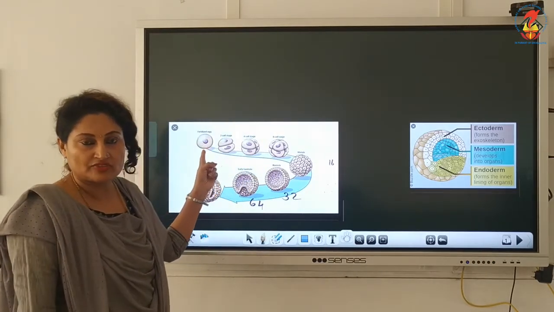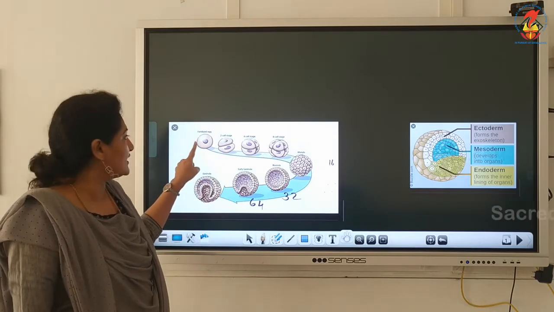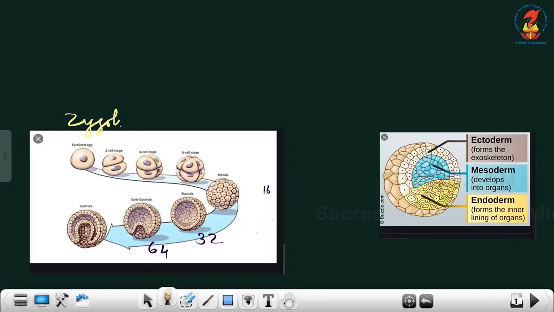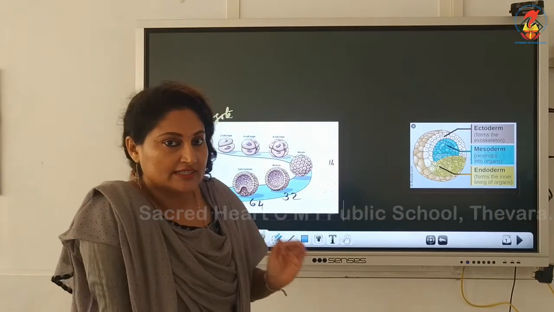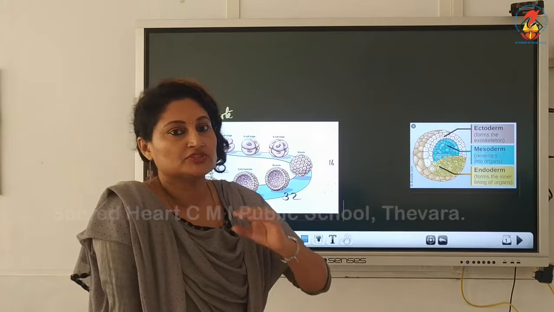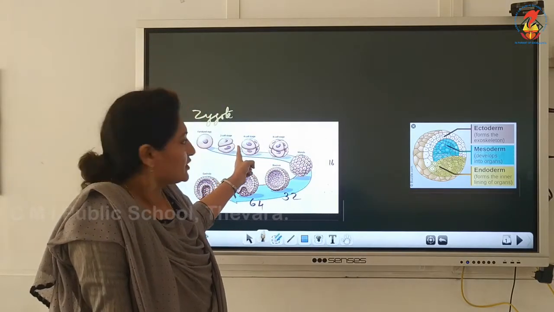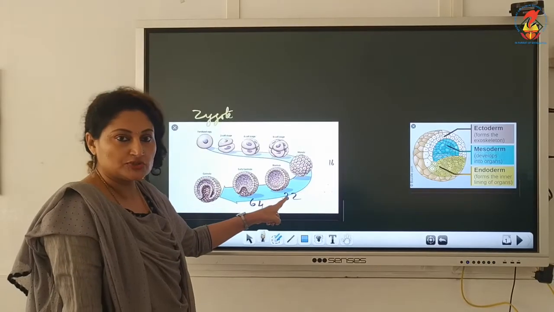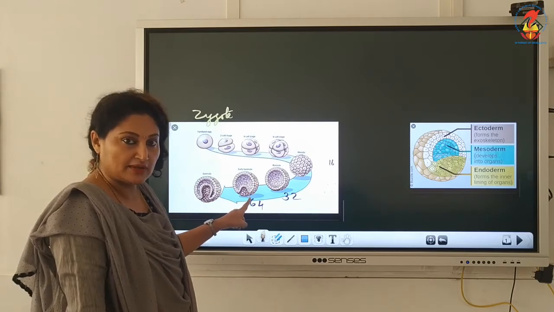We know fertilization of the egg and sperm takes place in the ampulla to form a single-celled structure called the zygote. Then immediately it undergoes mitotic division, and this division is called cleavage, and as it is undergoing mitotic division, it moves through the isthmus, that is through the fallopian tube. So, it passes through the 2-cell stage, 4-cell stage, 8-cell stage, then the 16-cell stage which is called the morula, then the 32-cell stage which is called the early blastula, and the 64-cell stage which is called the late blastula, during which it